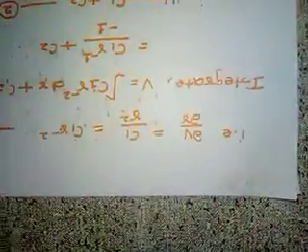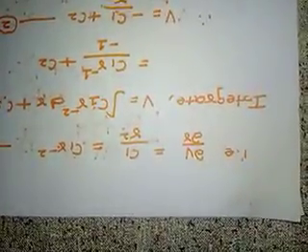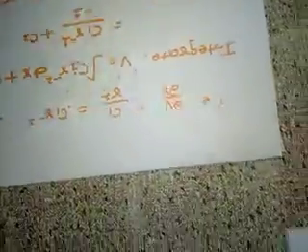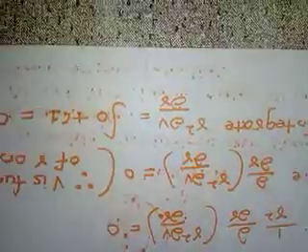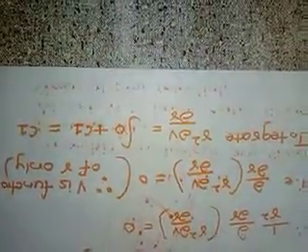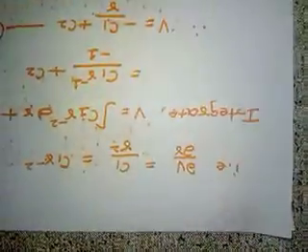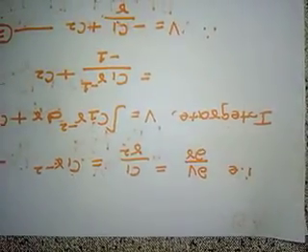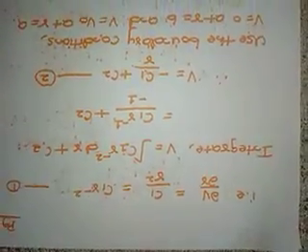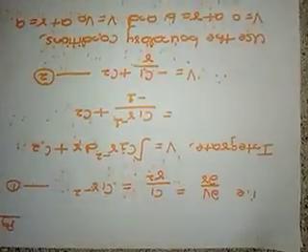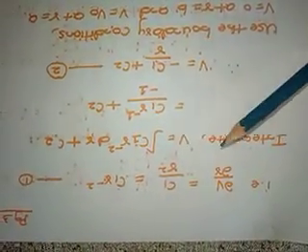Next, r square dou v by dou r we got as C1, right? You can see here r square dou v by dou r is equal to C1. Then dou v by dou r will be equal to C1 by r square, or that is C1 r raised to minus 2. Take it as equation 1. Again integrate this equation 1.